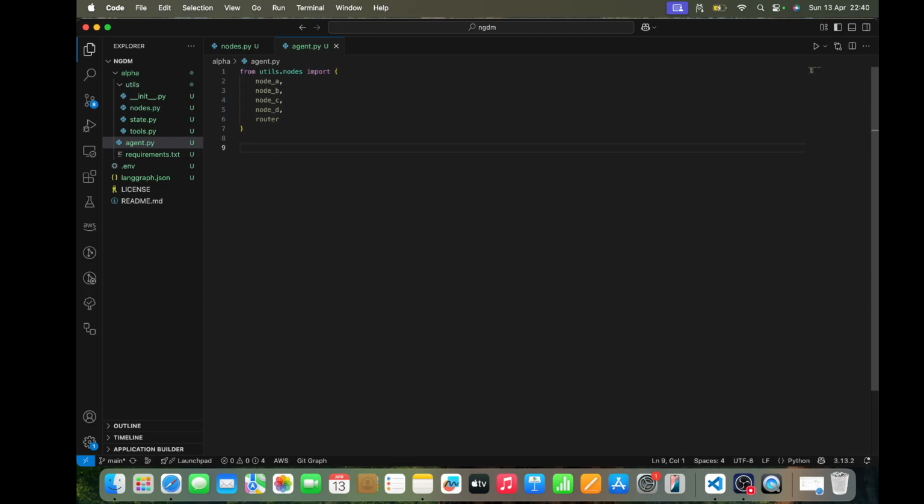Next, from LangGraph.graph import StateGraph and END, from IPython.display import display and Image. Okay, now builder equal to